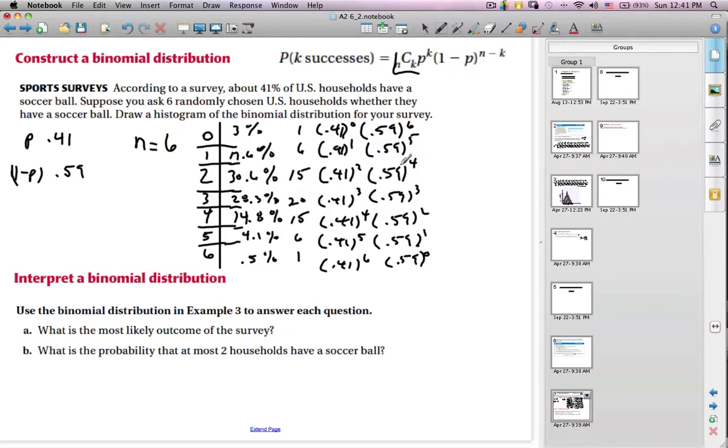Now I didn't draw the histogram yet. I could go ahead and do that, but if I just wanted to sketch it, 1, 2, 3, 4, 5, 6, and then the highest percentage I had was about 30. So if I do 5, 10, 15, 20, 25, 30, 35, if I go up to 35%,